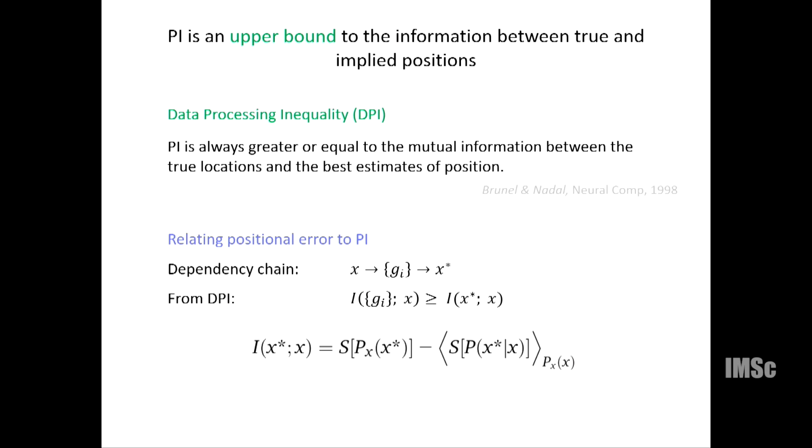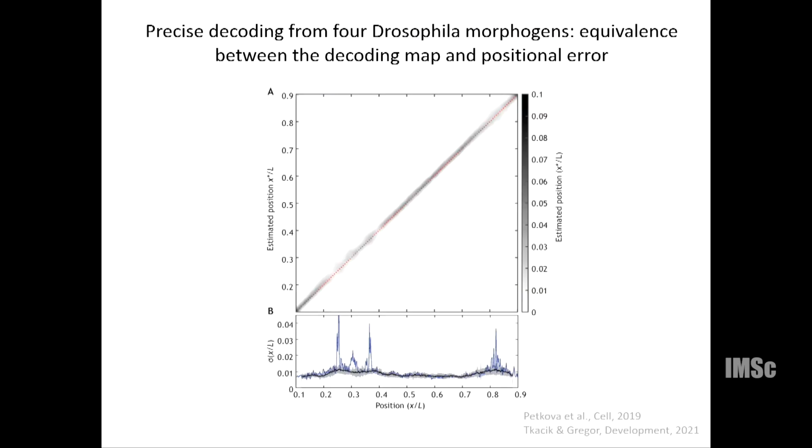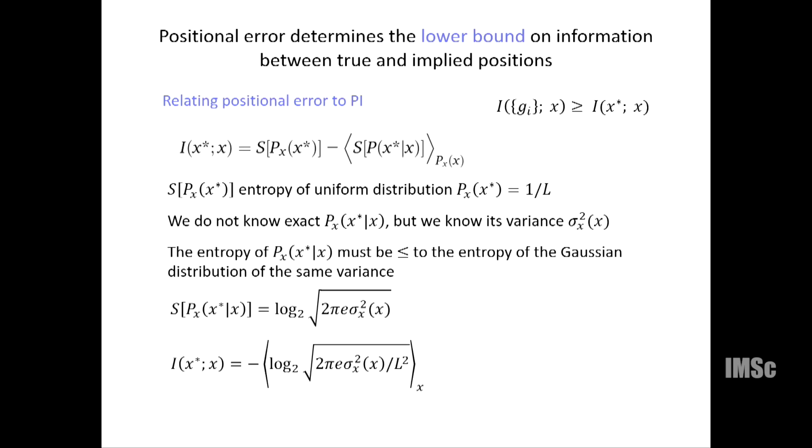So if we now plug it in, and again, all the details you could find in this previous paper, you could plug it into this definition that we had on the two transparencies before. You get this, and with this, you now could calculate it. This is just the entropy of a uniform distribution, so you could use the definition of entropy. It will end up with minus log 2, and this L squared comes from that. This term is a bit more tricky because we don't know what the actual